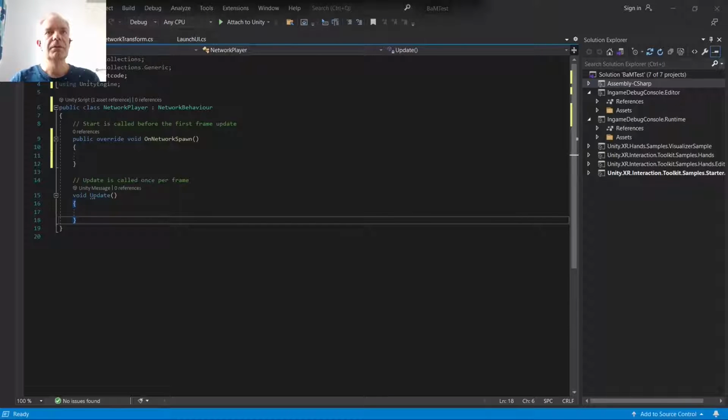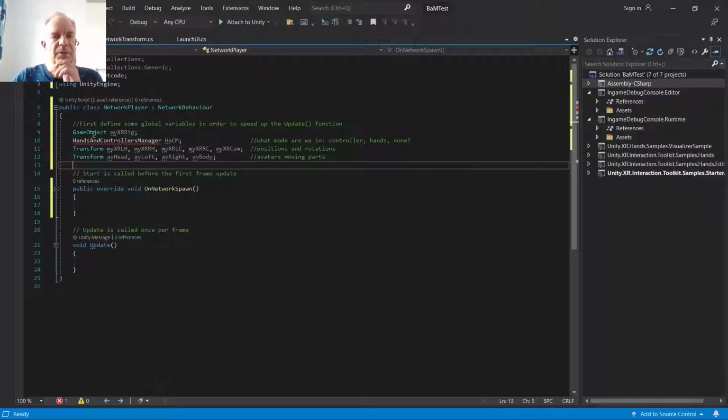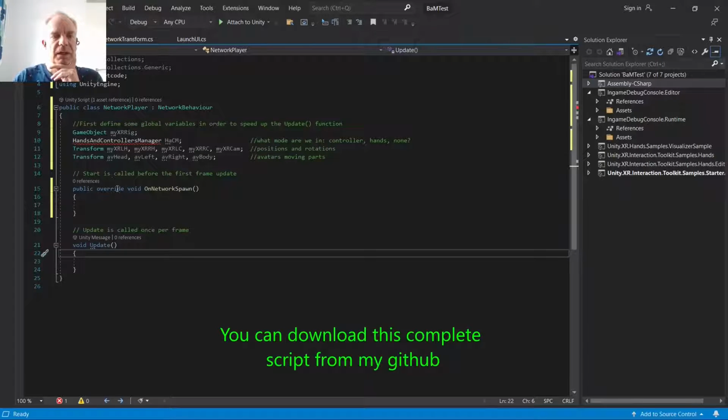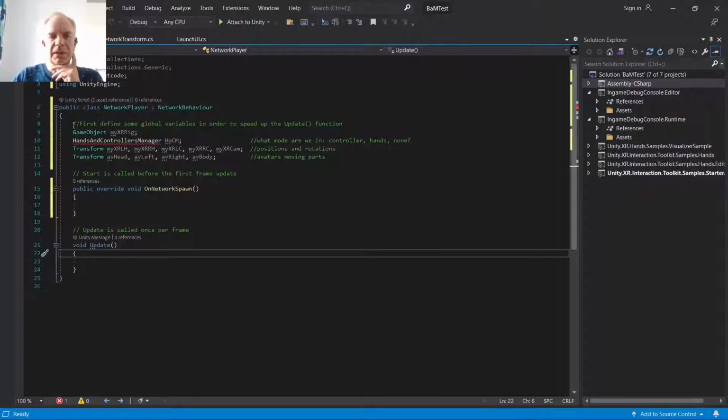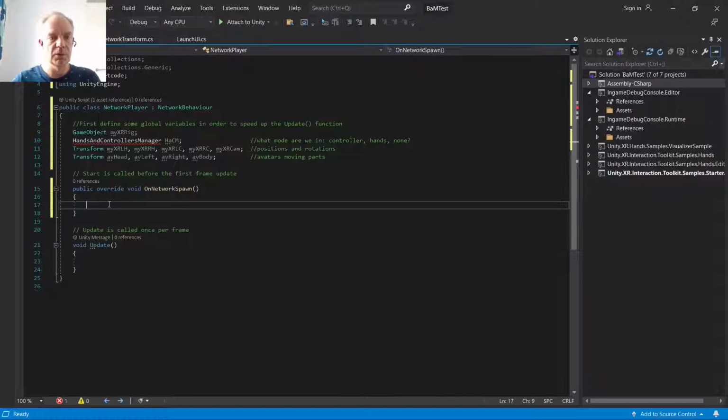So what I'll do first is I'll create a number of variables that we'll use. I'll copy paste it in and I'll explain what it means. So we'll create a number of references to variables that we'll use in our update function. Now, normally it's not the best way to make a program where you use global variables, but because the update function here needs to run really lean, we want to make sure that there's as little lookup code in here as possible. And therefore in the on network spawn, we'll identify the pointers to all these controllers and hands